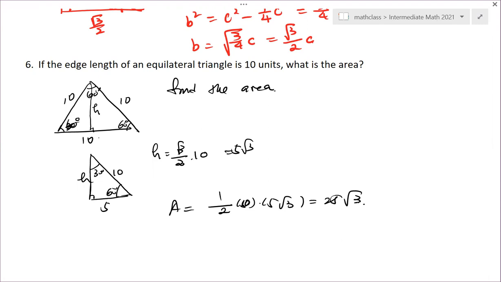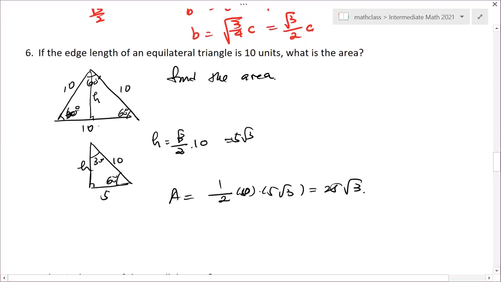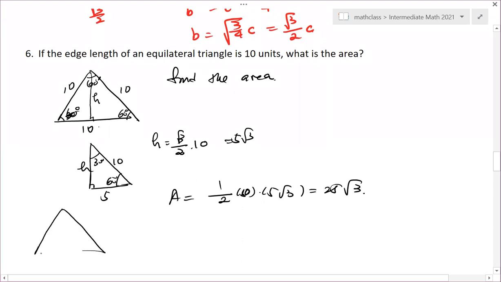A good student, after they do this problem, will think about the general formula. You can derive the formula by yourself, using the same idea. If I have A and here A and here A, can you find the area in terms of A? Actually, the formula is square root of 3 over 4 times A squared. Exactly the same idea, just repeat